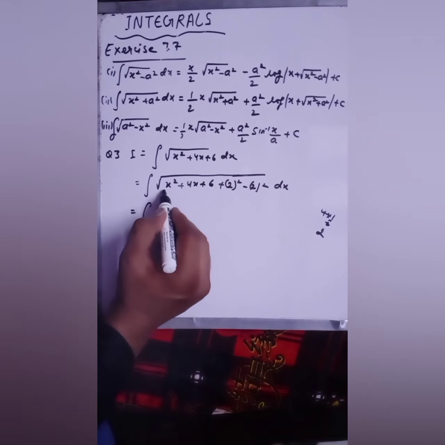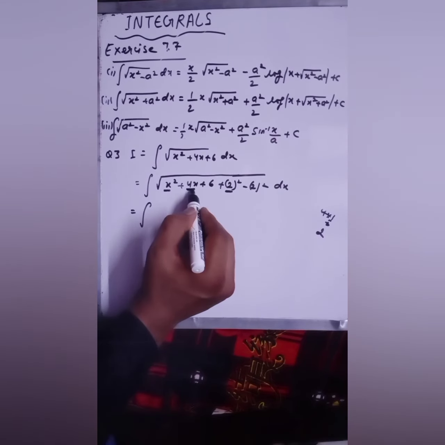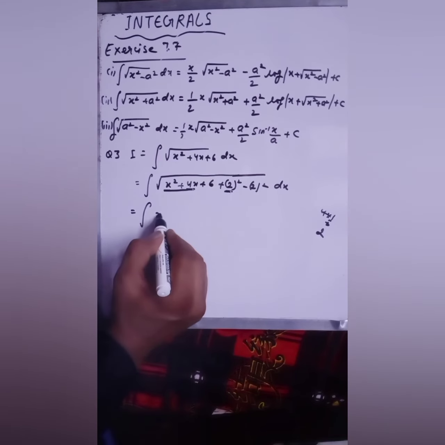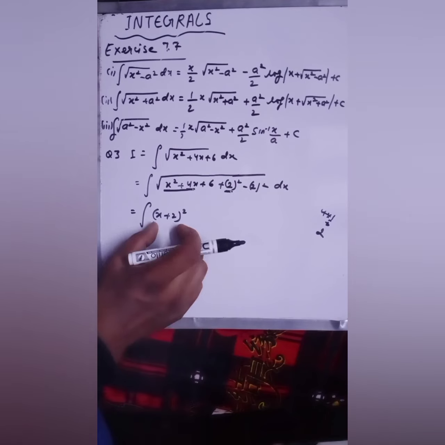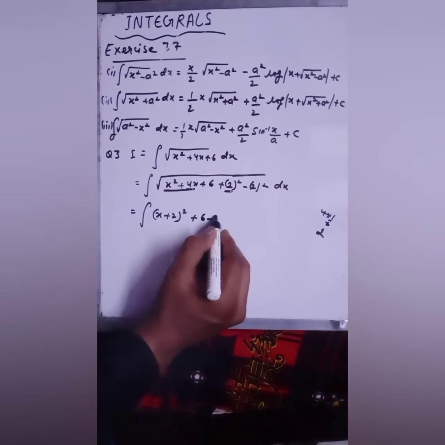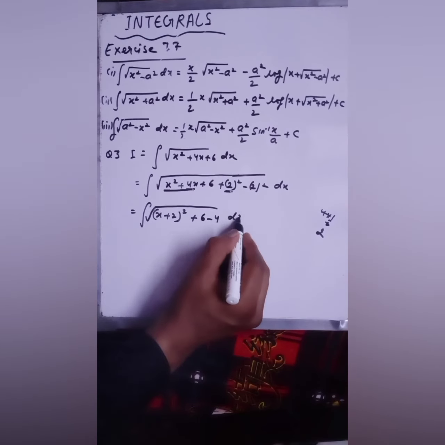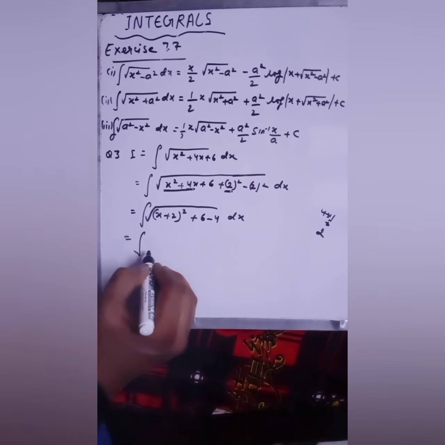Integration. This is your a square, this is your b square, and this is your 2ab. So in place of these three, I'm writing x plus 2 whole square, because when you open this, you will get the same terms. And plus 6 minus 4, this must be within the under root, into dx. Integration